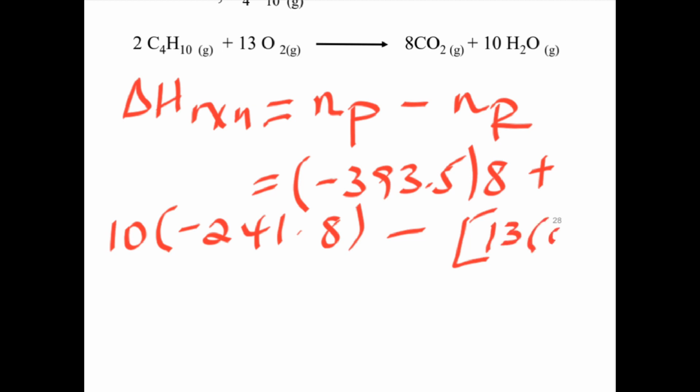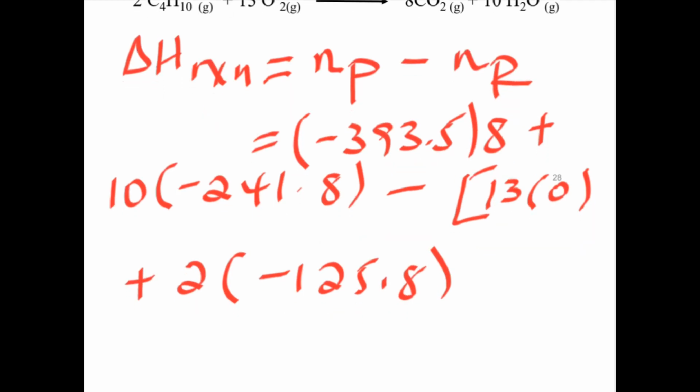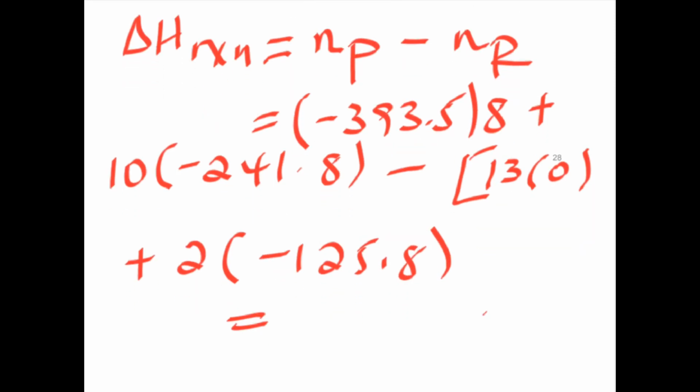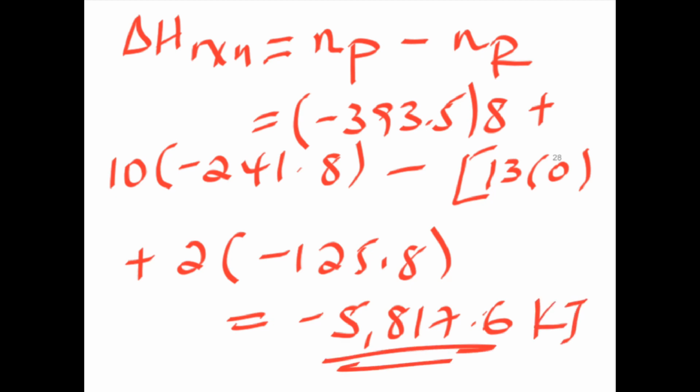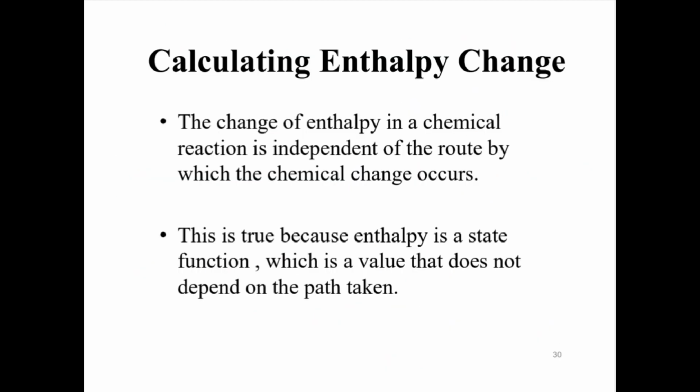ማይነስ የኦክሲጅን 0 ነው ስላለን 13 times 0 plus 2 times የቡቴን heat of formation minus 125.8 ነው ማለት ነው። So ይሄን ሲምፕሊፋይ ስናደርገው minus 5817.6 ኪሎ ጁል ይሆናል ማለት ነው። ስለዚህ ይሄ ማለት ሁለት ሞል ኦፍ ቡቴን ኮምፕሊትሊ ኮምባስት እንዲሆን ይሄን ያህል ኢነርጂ ሪሊዝ ይሆናል ማለት ነው።